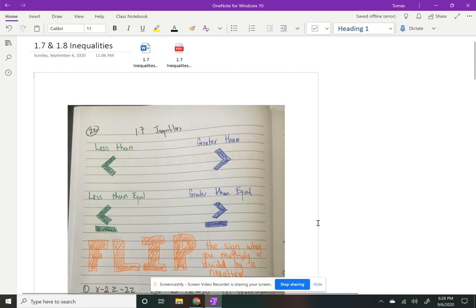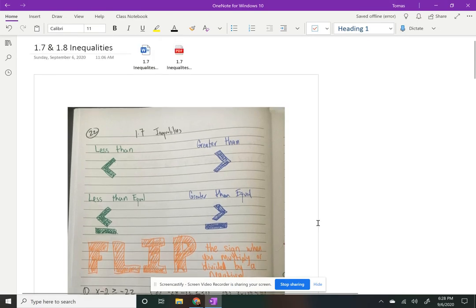Okay, so last time we did 1.5 and 1.6 kind of mushed together. Today we're doing the same thing with 1.7 and 1.8. We already talked about some of these concepts, but now we're bringing them all together. Okay, so